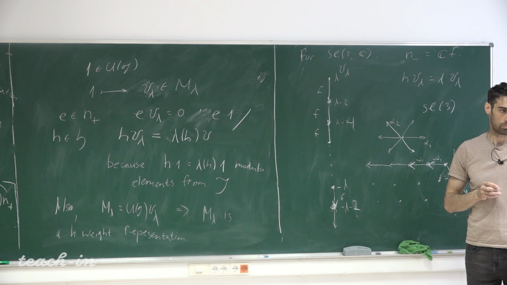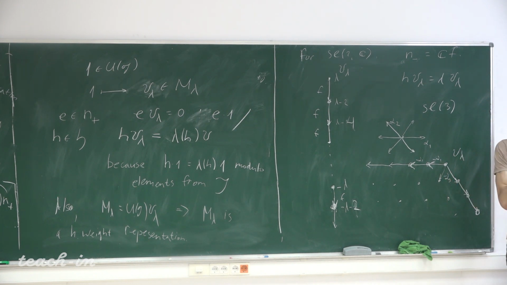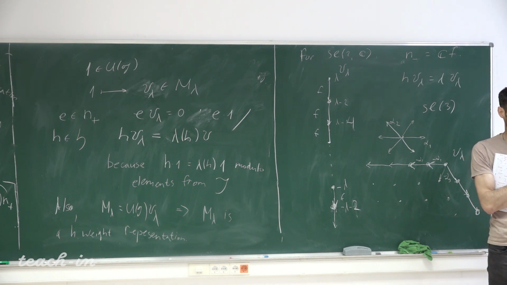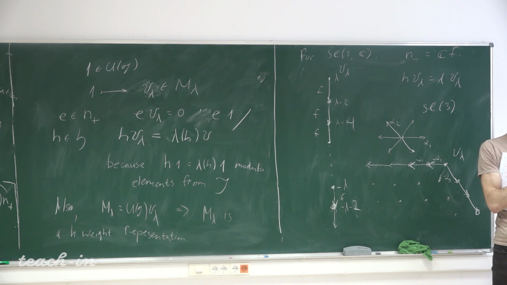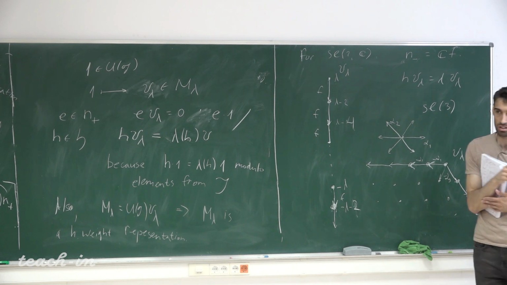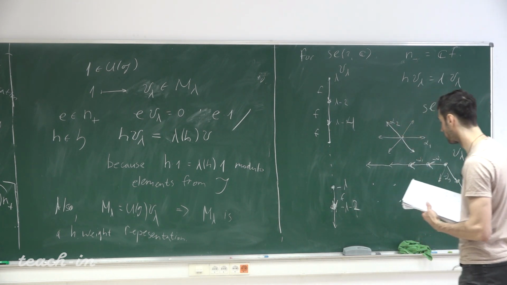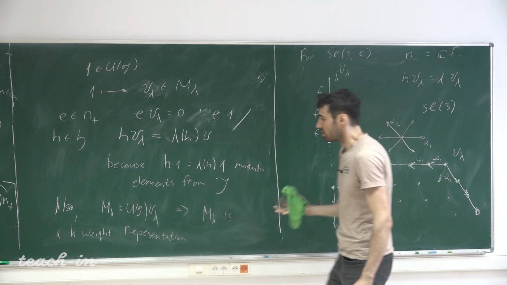But isn't it the same as the sum of all? No. You can have two roots of the same height, but they're not comparable, for example. They are not obtained one from another by subtracting or adding a positive root. So this order is partial. It's not a total order. Not all roots are comparable. So yeah. Okay. So very well.